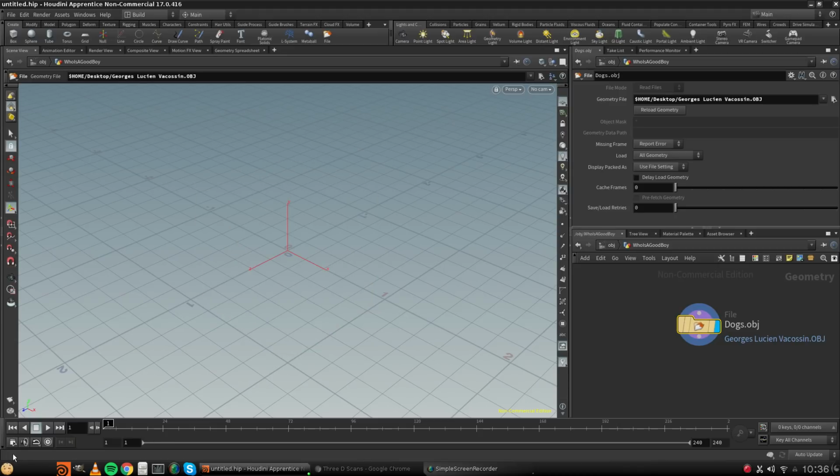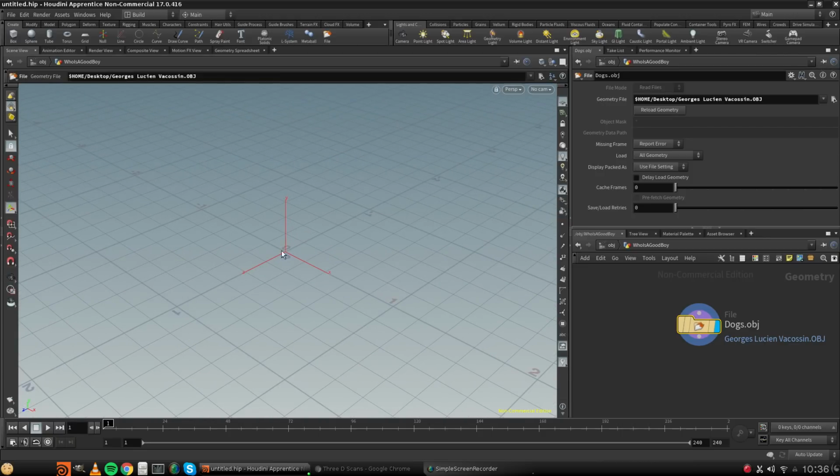So as you can see here, Houdini is working, and in a second we should see it. I think we can already see it. The thing is that it's probably not here at the origin right now. It's somewhere in the scene, and so we would need to search for it. So what we can do is